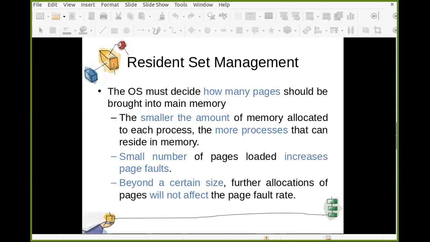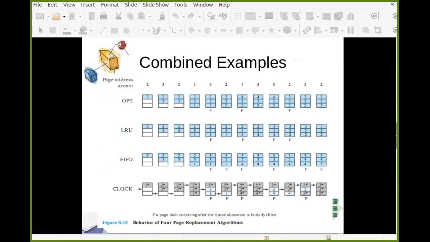Can anyone tell me which type of replacement scope is used in the example we discussed? Someone answered global. I could not hear that, can you repeat? Global.